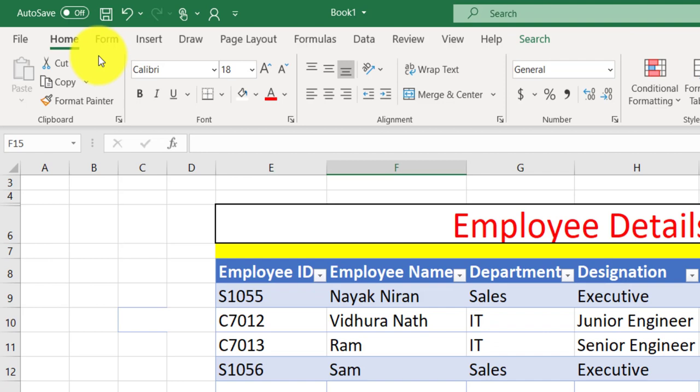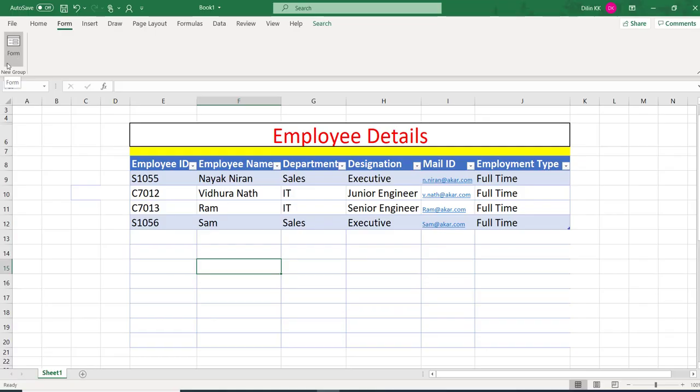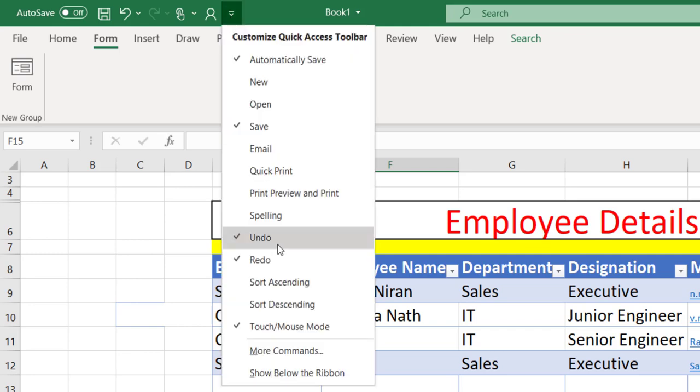Now you can see that a new tab Form is added in this tab area and a Form option is available in this new group. Also we can add this Form in the quick access toolbar. For customizing the quick access toolbar, click on the customize quick access toolbar option.